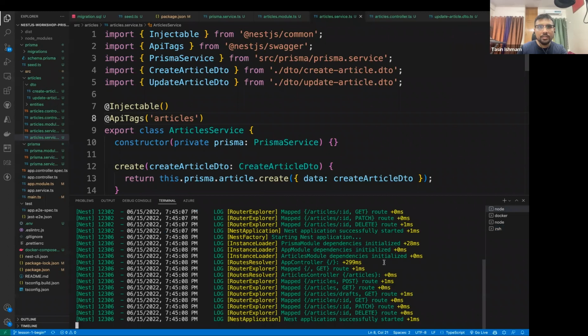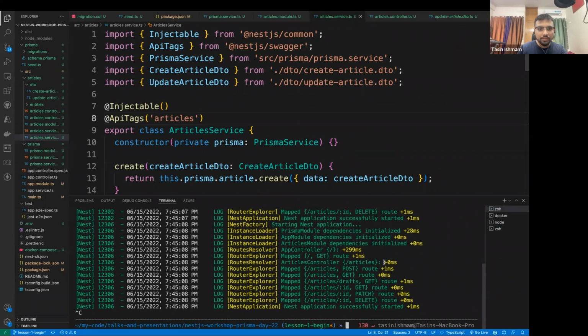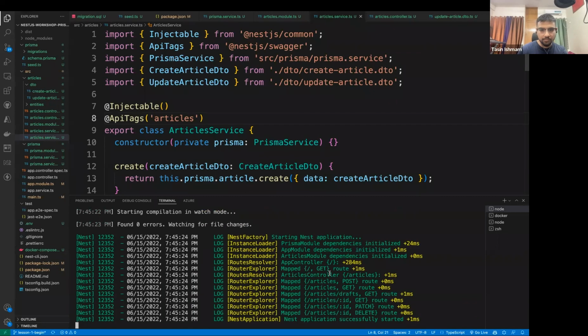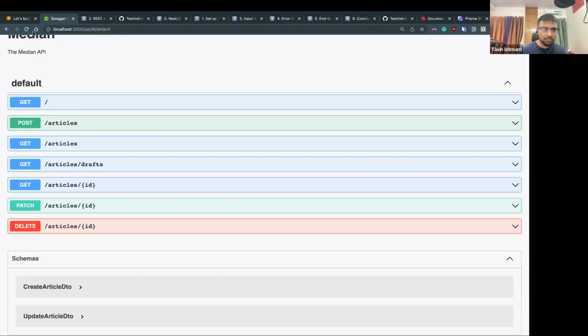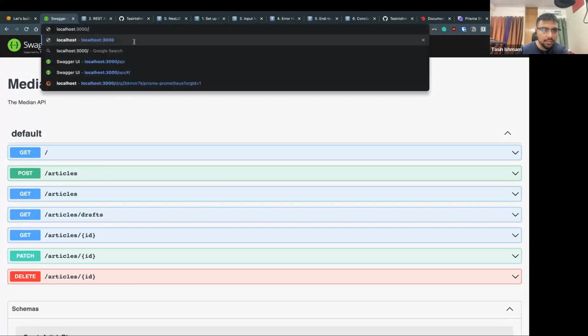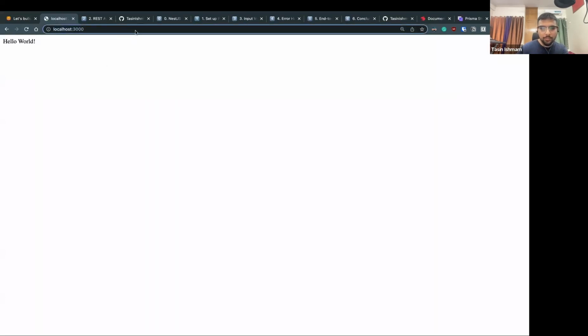API tags, articles. Oh, that's a bit weird, but